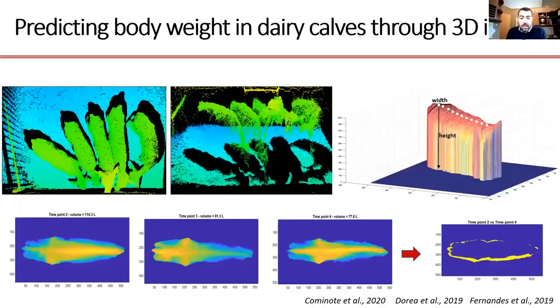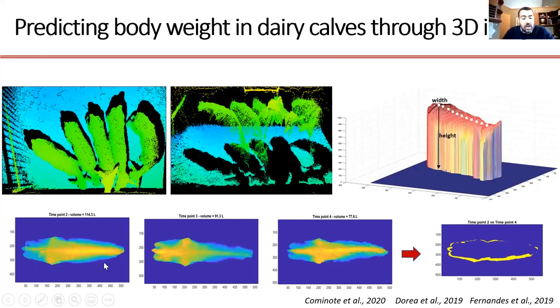Okay. Other examples of what we are doing in the lab relate to body weight. The images and videos that I showed you are from RGB cameras that generate regular images, the same as what you have in your phone. But we have 3D cameras at the farm that give us depth images, and we are using these to monitor growth development of animals and biometrics, and in adult animals, in the case of cows, we are using this